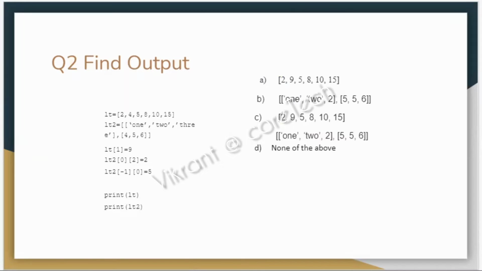We have a list once again which is having elements like 2, 4, 5, 8, 10 and 15. A nested list which is having 1, 2 and 3, followed by 4, 5 and 6 at the second index. 0 or 2 means 0, 2. So this goes by 0 list of L2,